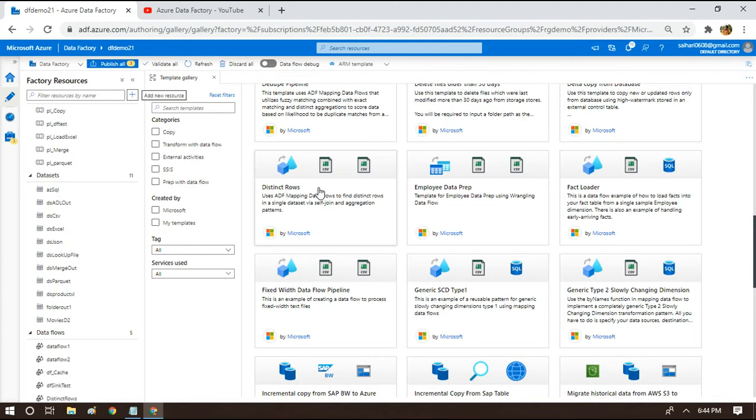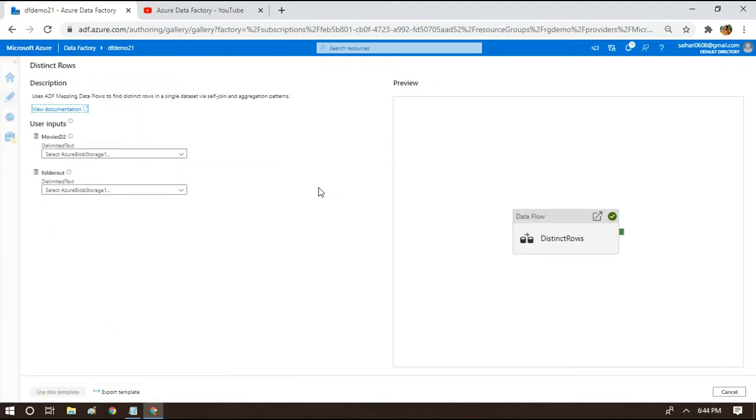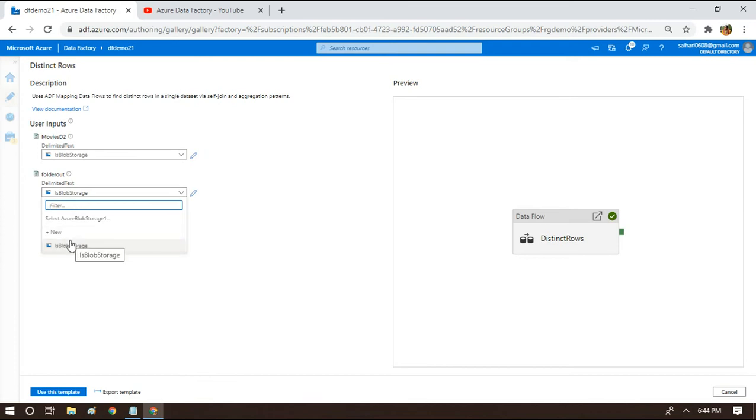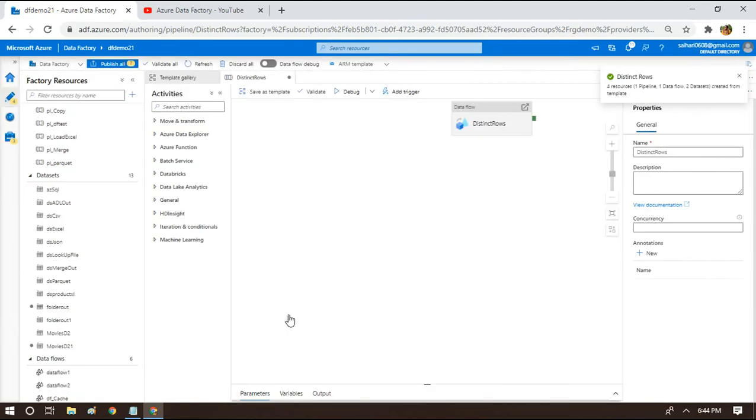Okay, if I want to use this, just click on that, so that you will be provided with this particular window wherein you will be asked to choose the linked service. In this particular template they are using two data sets, both of which are pointing to a blob storage path. So in our case we just have to tell the data set which blob storage linked service this data set can use. I am choosing the linked service that I have already created for my pipeline. And once I say use this template, it will be creating 4 resources for us.